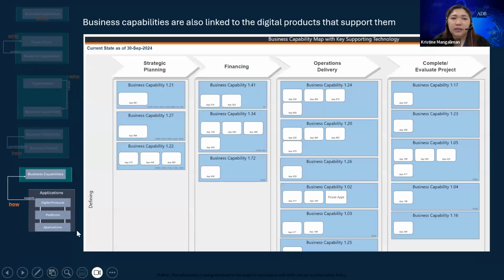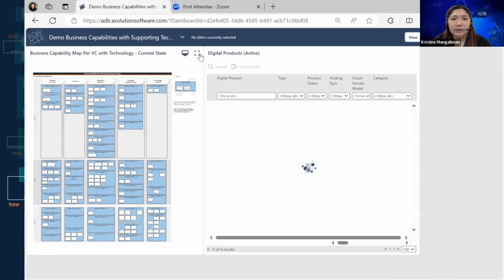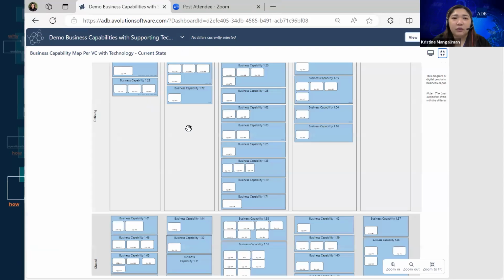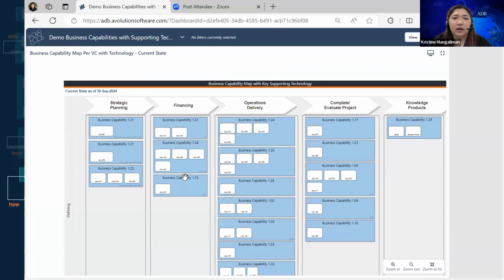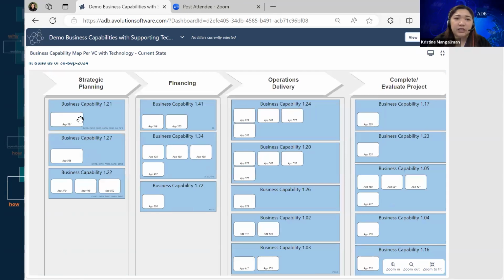And then lastly on this demo is the relationship to the applications or the digital product. So for this one, the view that we had for the business capabilities, we have an overlay of the different systems that support each of the business capabilities. And in some of our models, we were also able to do a heat map on how well those business